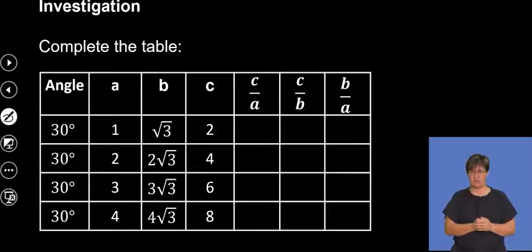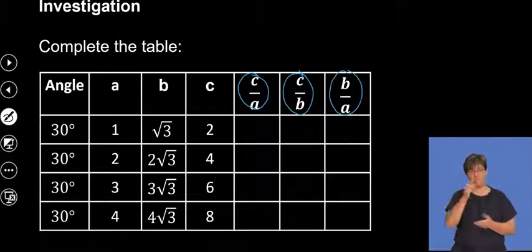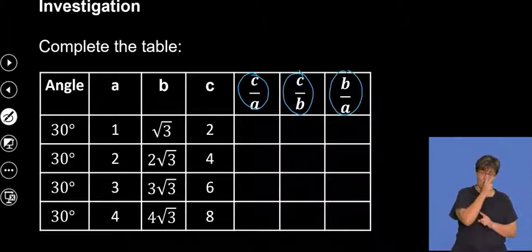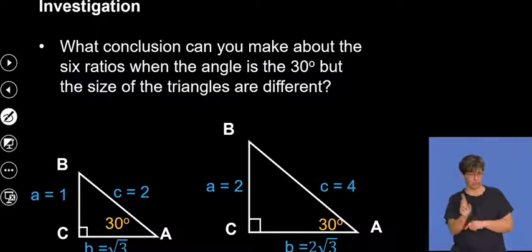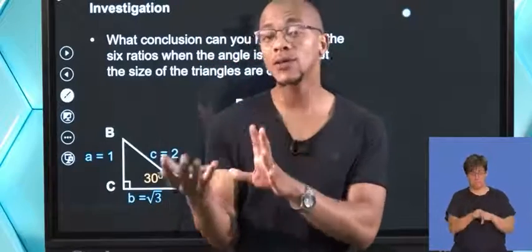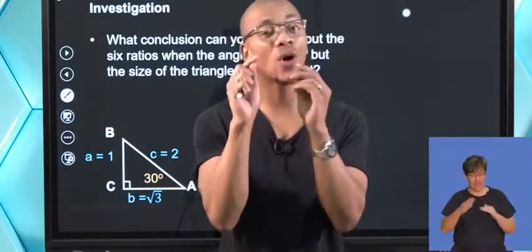Remember, here we look at the reciprocals of the ratios, because we looked at the first ones as our original ratios. But now what you need to look at is, what is the conclusion that you can make about the 6 ratios when the angle is 30 degrees but the size of the triangles is different? Now, what am I talking about? The angles must remain constant throughout, but the sides can be bigger or smaller, as long as the